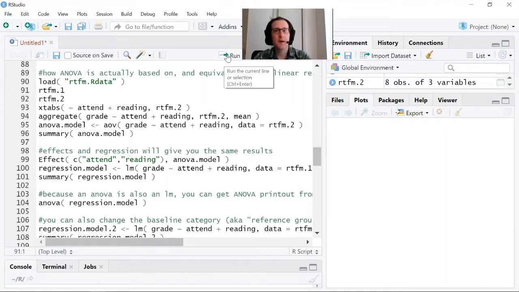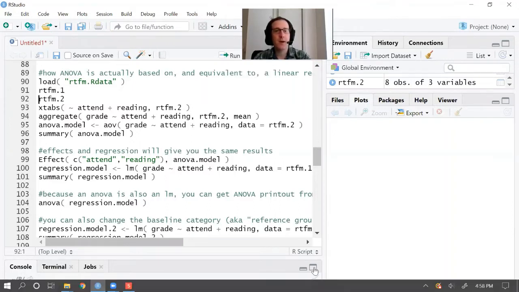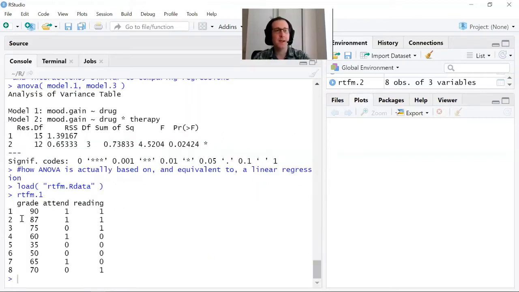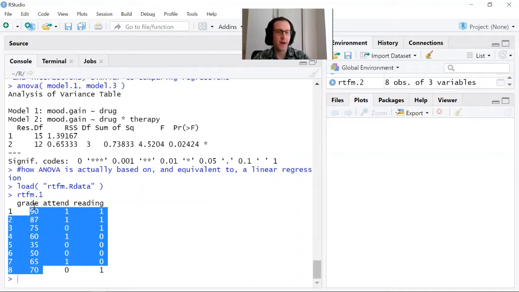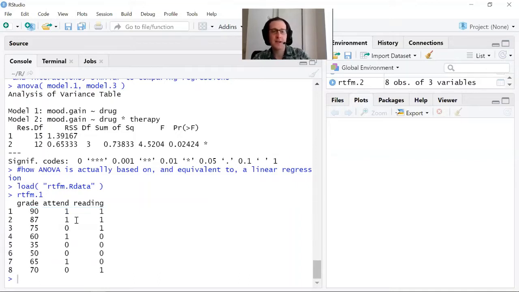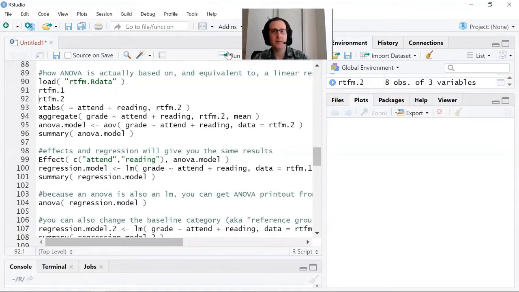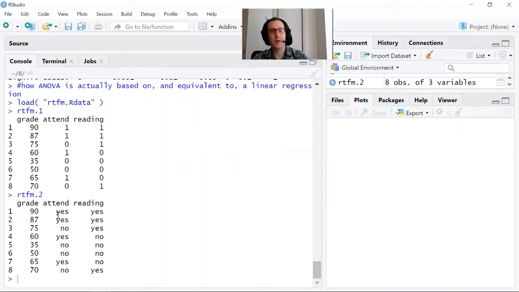So for RTFM1, it's set up this way such that grade is high of 90, low of 35. Attendance is coded 0, 1. Reading is coded as 0, 1. So this is a yes or no. If you have data like that, it usually makes sense to set it up so that 1 means yes and 0 means no. So there's also the RTFM2 data, and that is set up so that that could only be